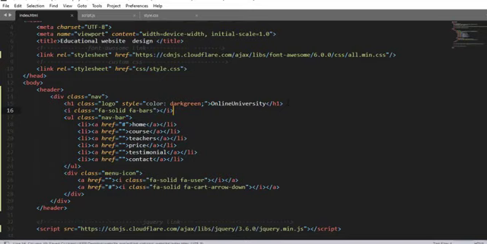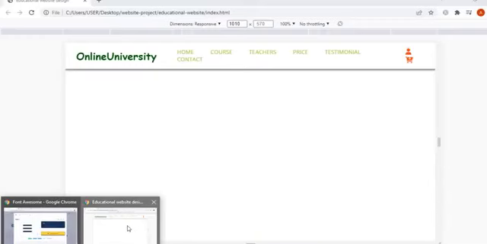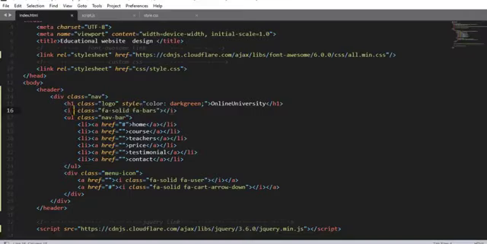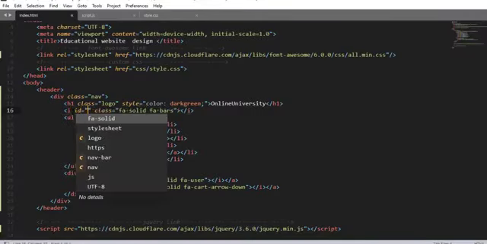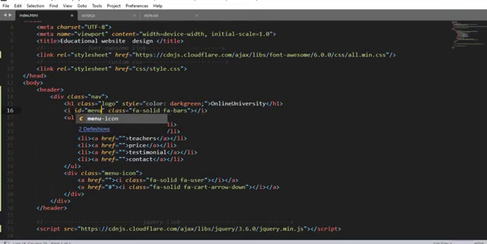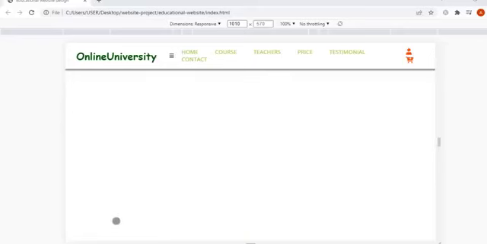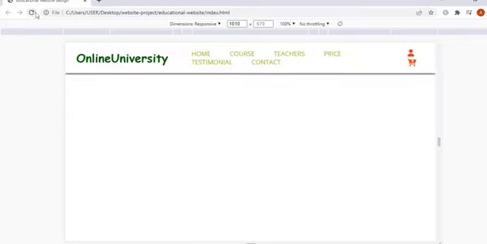So over here, first we are going to add another icon right here. So now inside this icon, we are going to add an ID selector right here. So using this ID selector, menu bar, padding 0.1 rem and 0.5 rem, font size 1.5 rem, color gray, border 1 pixel, solid yellow green. So when I save and refresh,